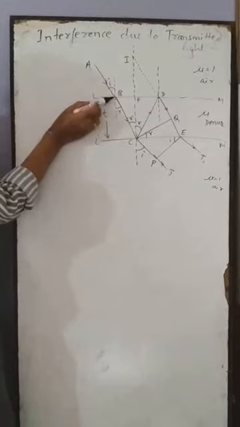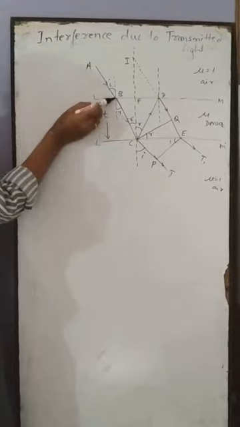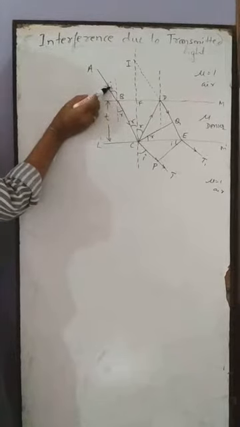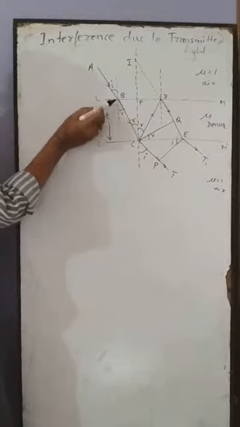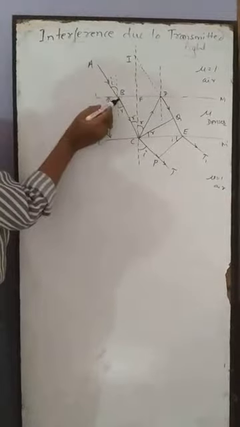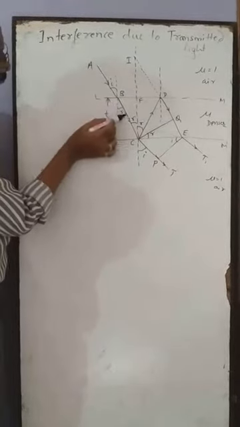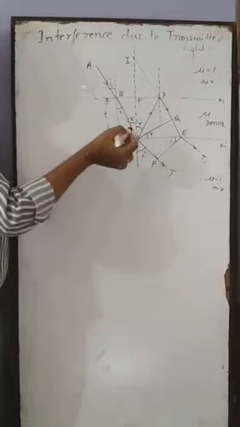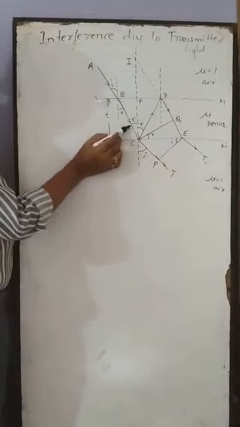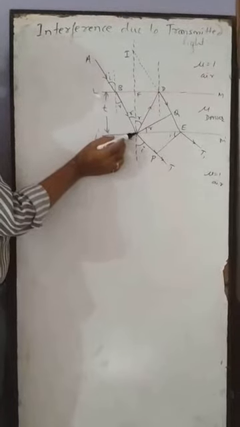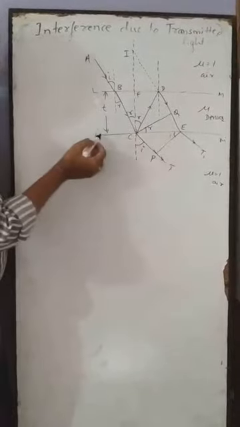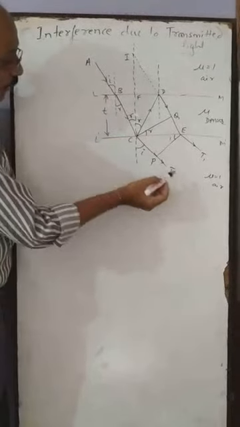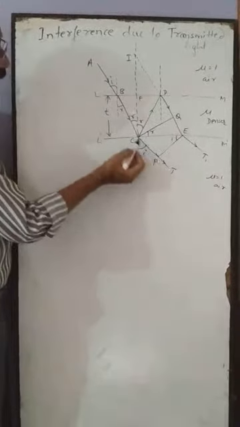It is incident on the upper surface of the thin film at B, and you draw the normal at the point of incidence. This is the angle of incidence and this is the angle of refraction. So the light ray must be refracted internally, and the refracted light acts as an incident light on the lower surface of the thin film. Once again there is transmitted light, T is the transmitted light.